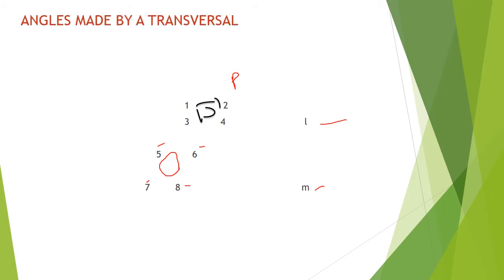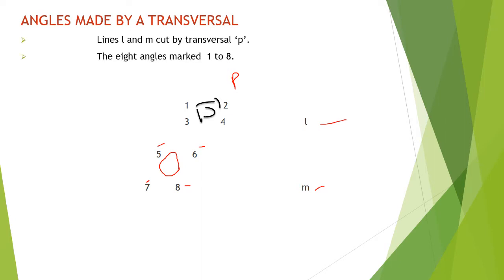So today we are going to see about angles made by a transversal. So what is a transversal, children? Definition of transversal and example we have seen in the last session. So what is a transversal? When two parallel lines are drawn and one line passes through both the parallel lines, that line is known as a transversal. So here, two parallel lines.